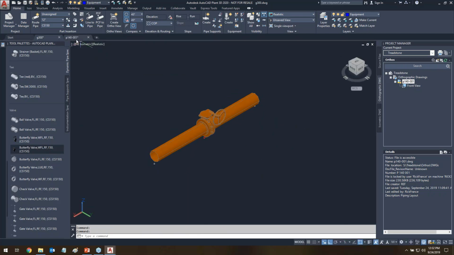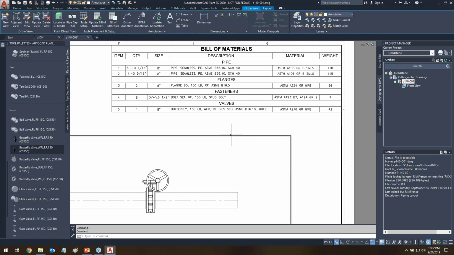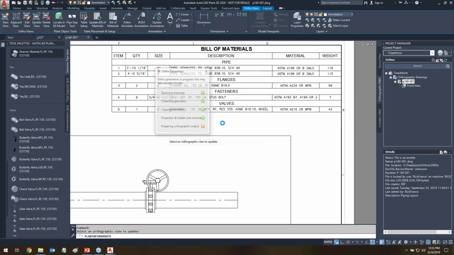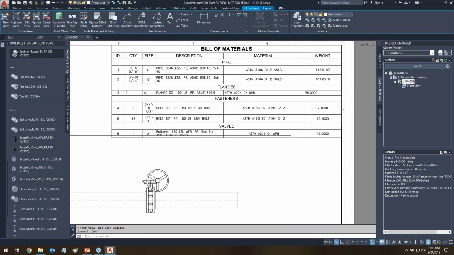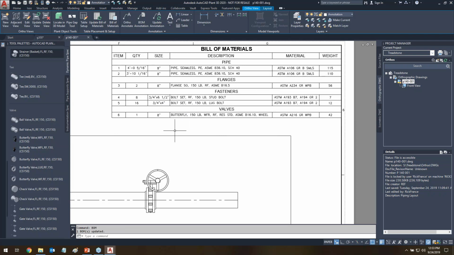which is actually not true either. You'll see that in a minute. Right here, I'm going to go ahead and update my view. I forgot to save the drawing. Let's get it reformatted the same. All right, so now you can see I've got 16 lug bolts, but I also have 8 stud bolts. What you couldn't see there was a bolt set on top of the bolt set. So there's actually 3 in that drawing. I just couldn't see it, nor could I select them separately. But I actually have 8 stud bolts